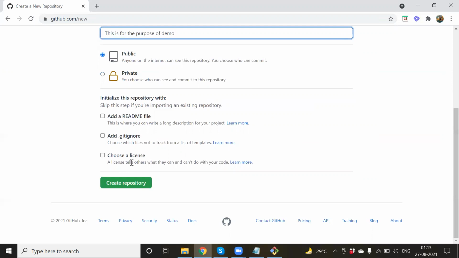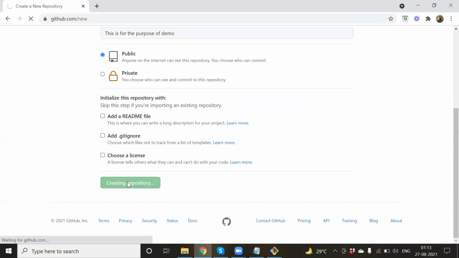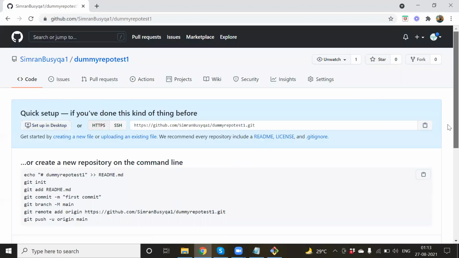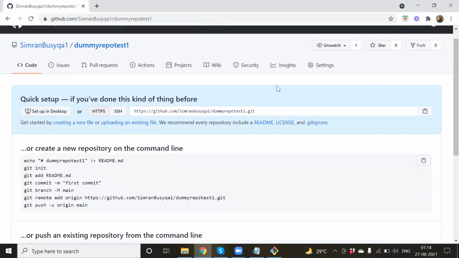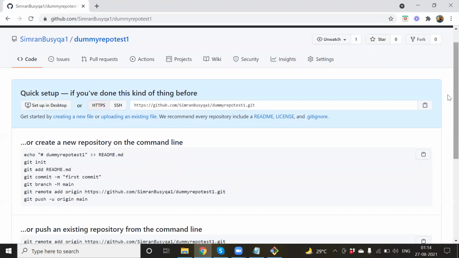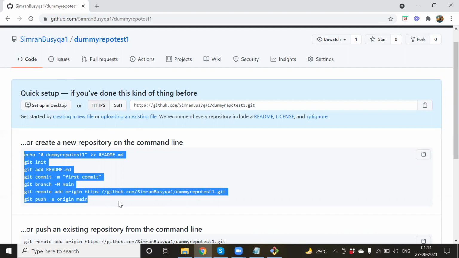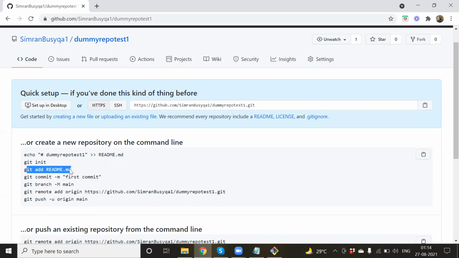So I don't want to add all these things. You just create a repository directly, a blank or empty repository on the online front. And then locally, maybe I will be creating some project on my own. Okay. And then I want to push that, maybe first time, into this blank repository. Now you see, it will give you some handy commands. Not everything is required, but if you just remember this, git init.